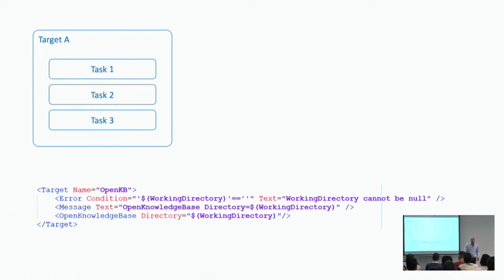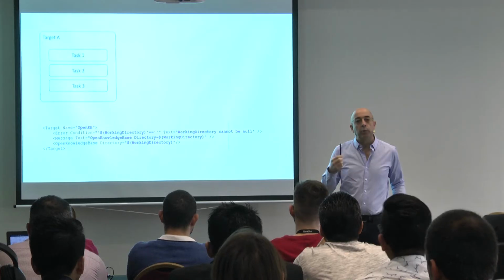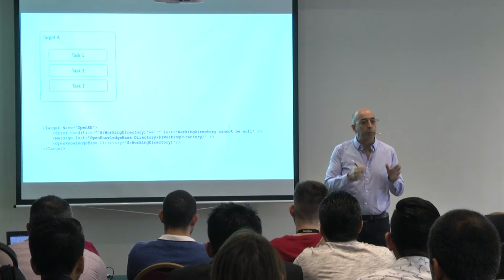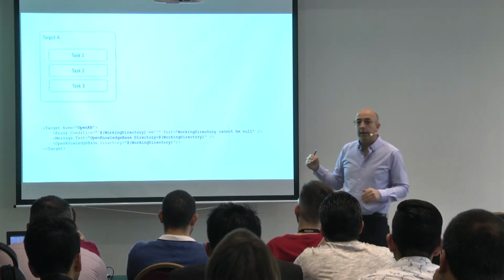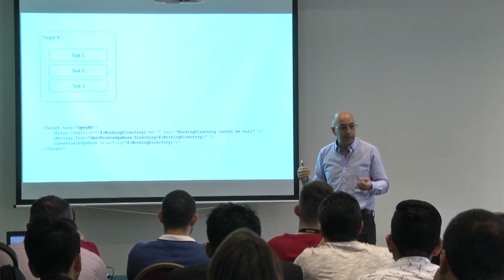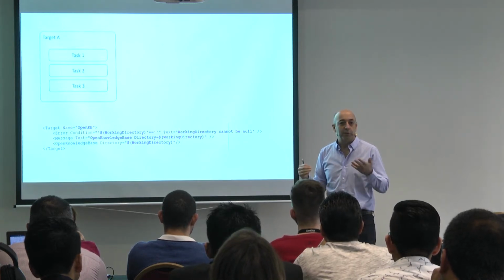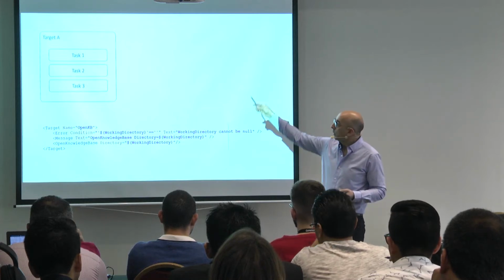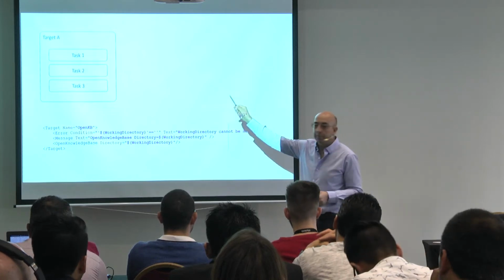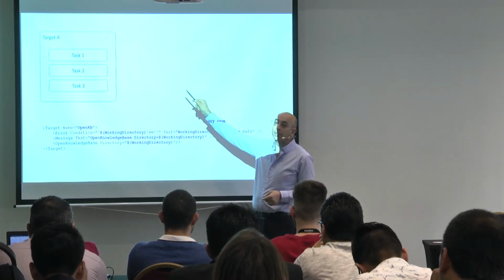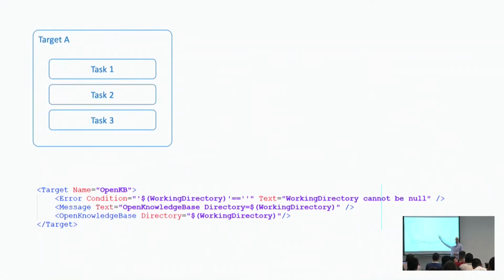This language is declarative. Instead of having a procedural language where you say, I want to execute this, and then this, and then this, the heart of the MS Build language is to declare what the possible objectives to be carried out are. One of the most important concepts is to define targets, that is, targets to be fulfilled, to be reached. And for targets, you can specify, in the case you want to get to those objectives, what the tasks to be carried out are. And this is an example. We are declaring a target here, OpenKB,